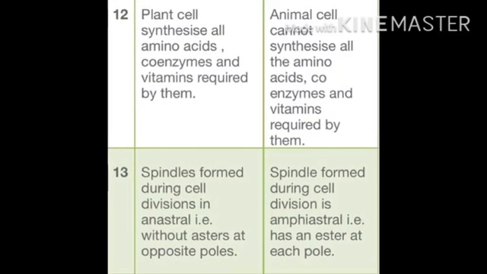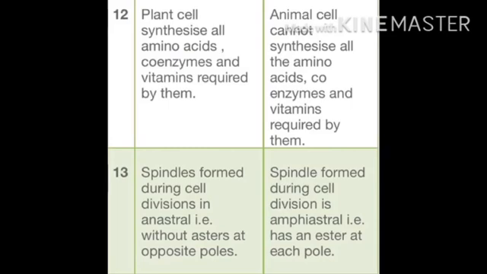Plant cells synthesize all the amino acids, coenzymes and vitamins required by them. Animal cells cannot synthesize all the amino acids, coenzymes and vitamins required by them. In plant cells, spindles form during cell division in anastral form, that is, without asters at the opposite poles. In animal cells, the spindle formed during cell division is